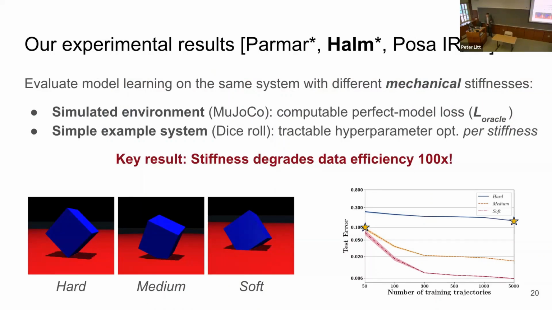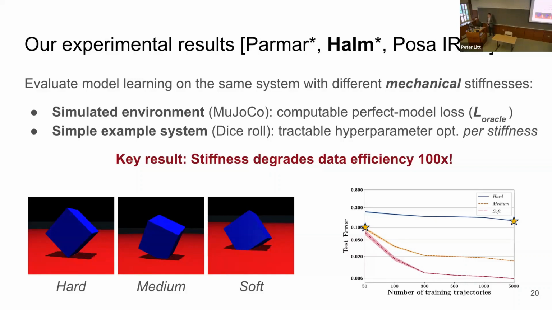So we're going to highlight two key design decisions in this empirical analysis. The first is that we conducted our experiments in simulation rather than the real world. And while simulations are inherently approximate, this gives us complete control over any confounding variables that have changed other than the underlying stiffness in the system. It also allows us to use the simulator to calculate the oracle model prediction error and compare it to the amounts from training suboptimality and generalization.